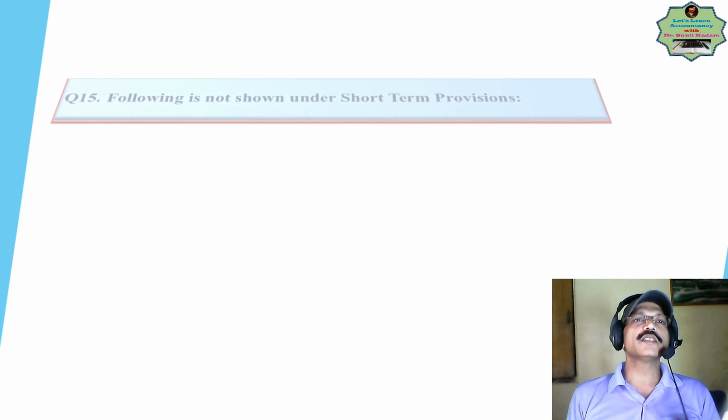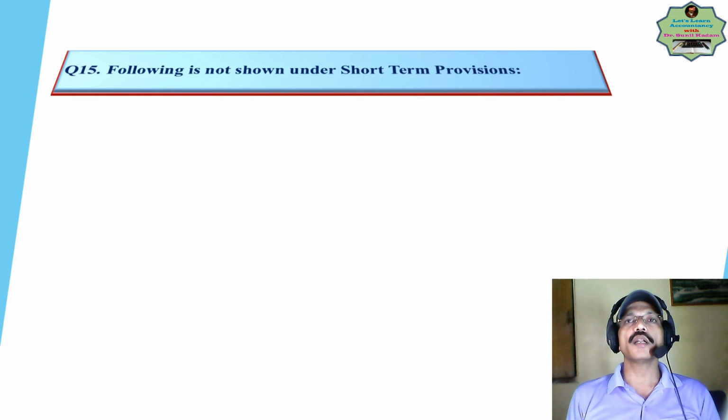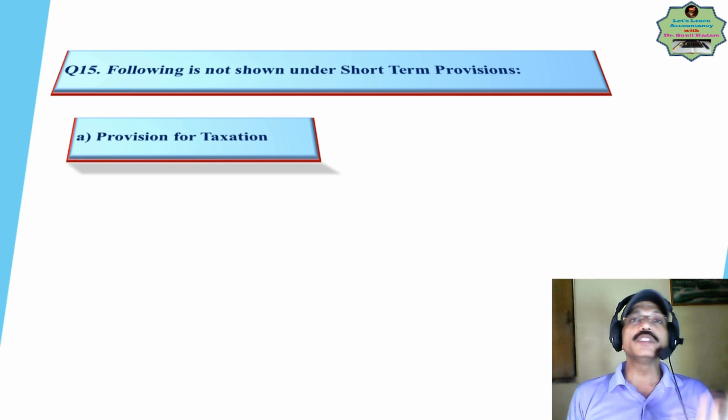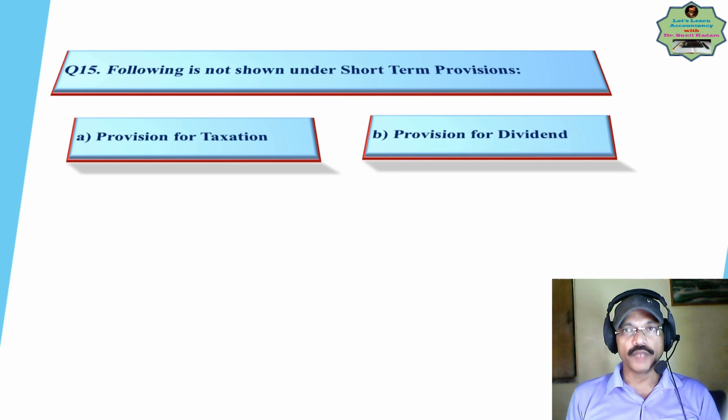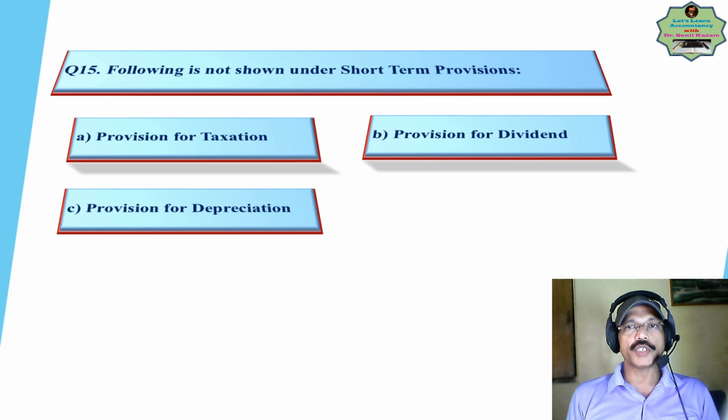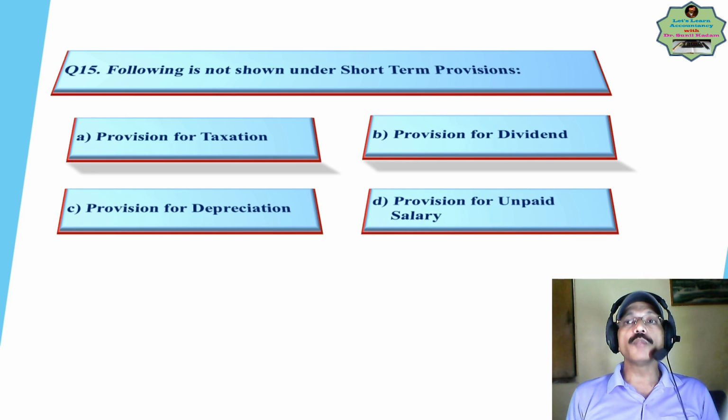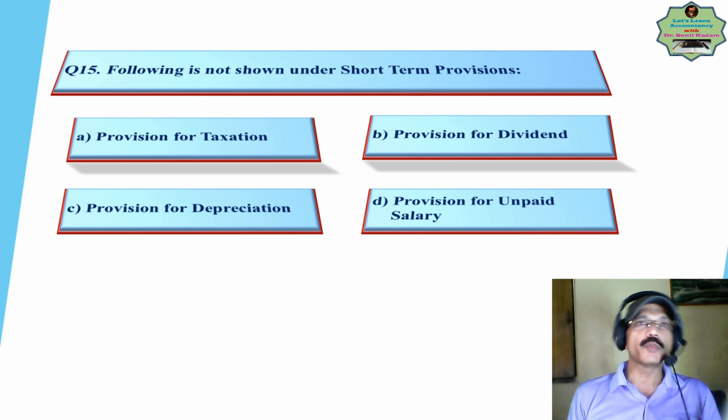Number 15 says: following is not shown under short-term provision. Provision is the provision made for paying certain expenditure. Now let us find out: provision for taxation, provision for dividend, provision for depreciation, and provision for unpaid salary. Among these four, there is one that is not a short-term provision. Three are short-term provisions, but one is not. Now let us discuss. Provision for taxation is the provision for tax, so it will be shown under short-term